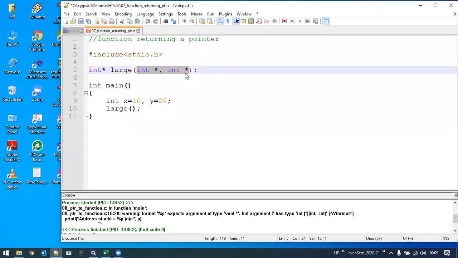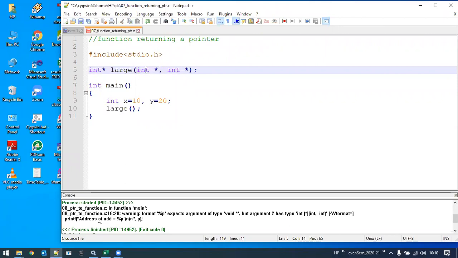How many parameters is it accepting? Two. What is the type? Integer. But after integer, what can you make out based upon this asterisk? Is it an integer variable or something different? So, integer pointer.